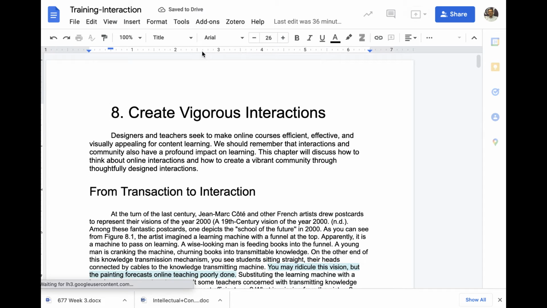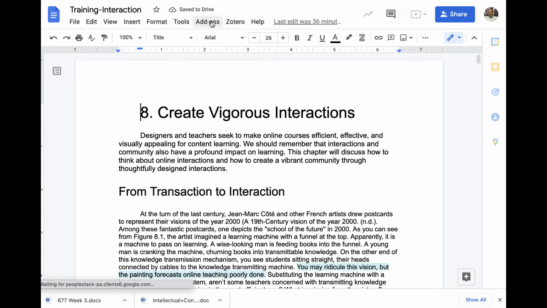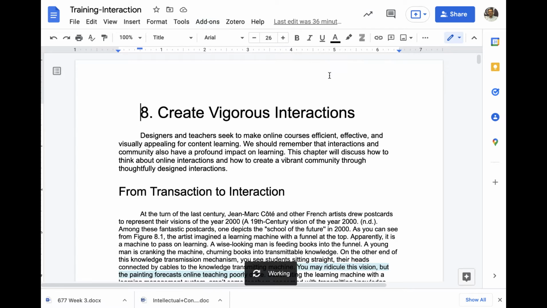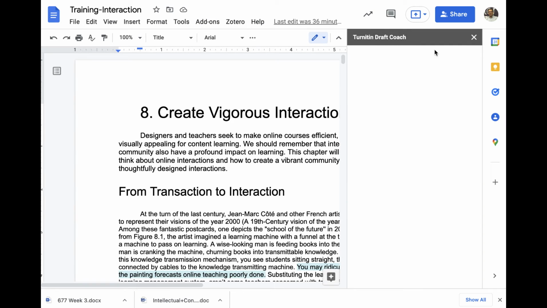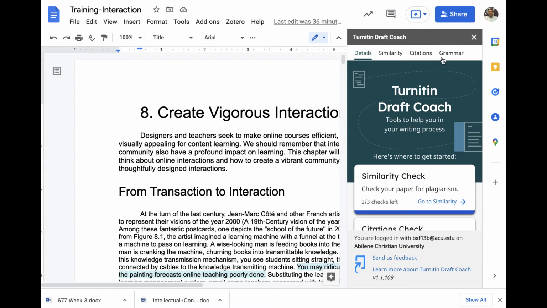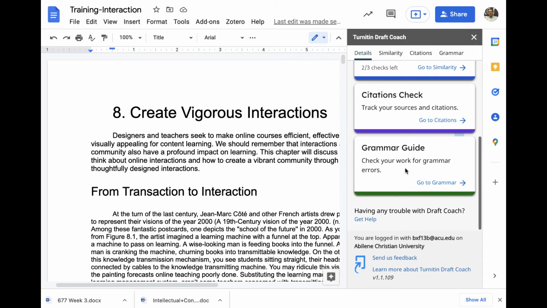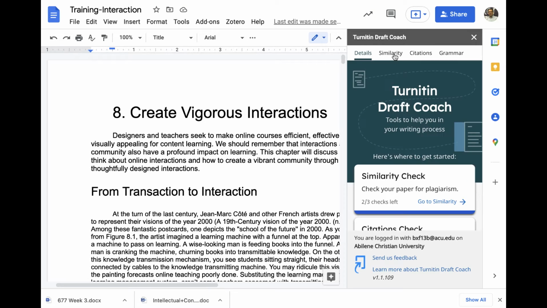Now you will be able to see there's an add-on button here, and click on that. You will see the Turnitin Draft Coach is available there for you to use. So click on that, and then it shows up again. So you click on Draft Coach, and then it will show the Draft Coach dashboard or panel here. You'll notice that there is a detail that summarizes everything that is available, and then there